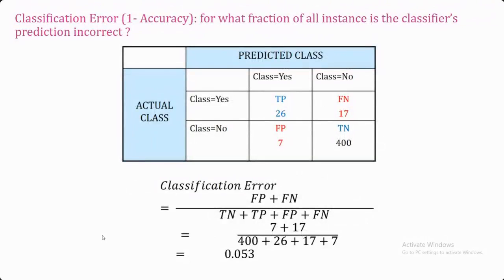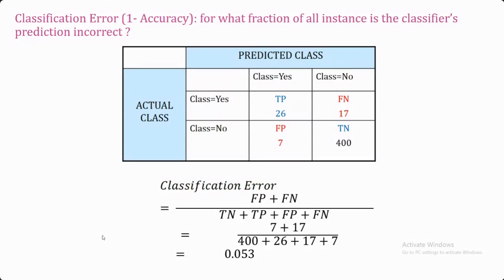Now, next one is the classification error. For your classification error, that means how many instances you have classified incorrectly. Like in case of accuracy, we were considering the correct classification, so this is just the reverse of that. Here we are quantifying the performance in terms of how many incorrect classifications there are. That means the class label was positive, but your model is saying that the class label is negative. In the other case, the class label is negative and your model is saying that the class label is positive. So in both of the cases the prediction is wrong.